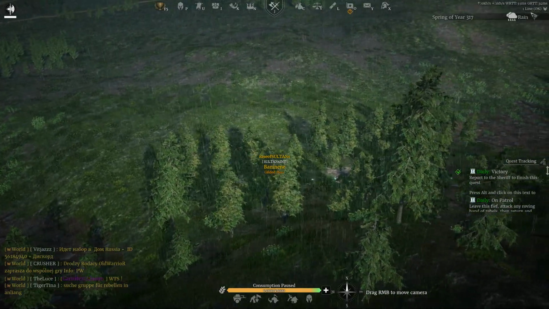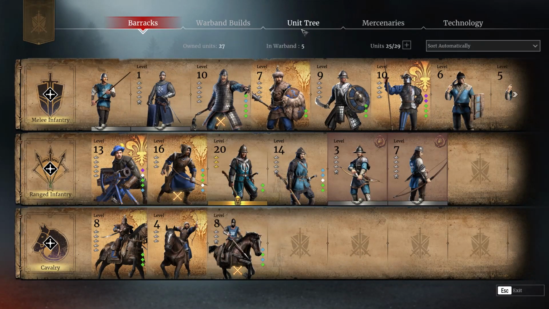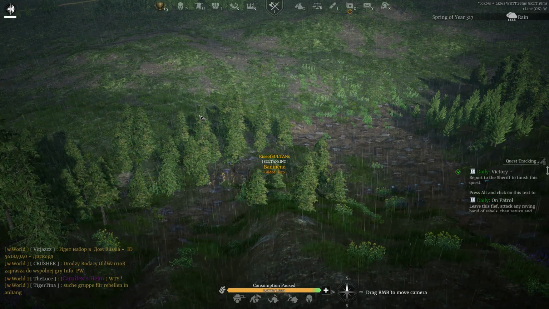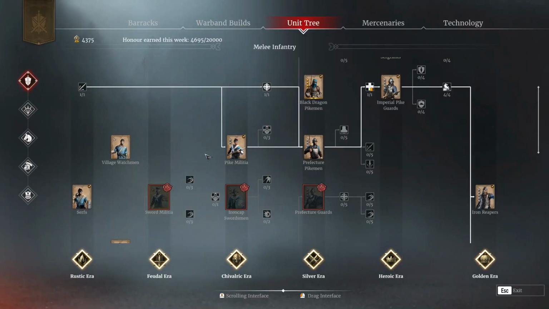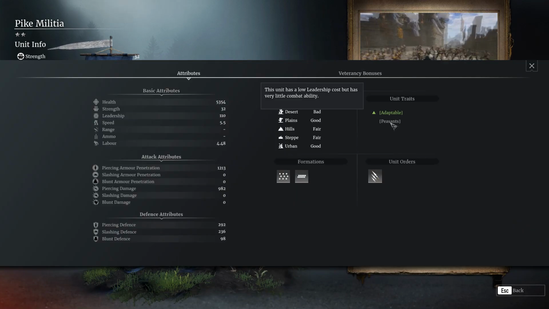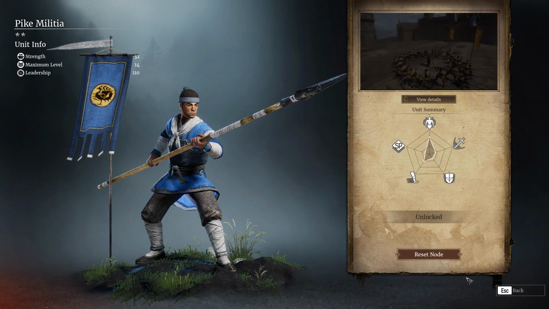So yeah, now we're just going to walk over there. And in the meantime, I'm going to try to explain other units. If, for example, you don't have the serfs and you don't want to invest in them, you can also still take the pike militia, which are actually peasants as well. If you can see, they're peasants as well, and they do yield more resources than other types of